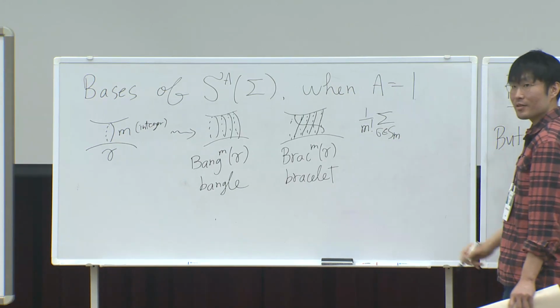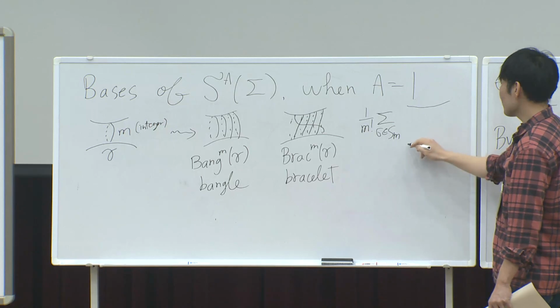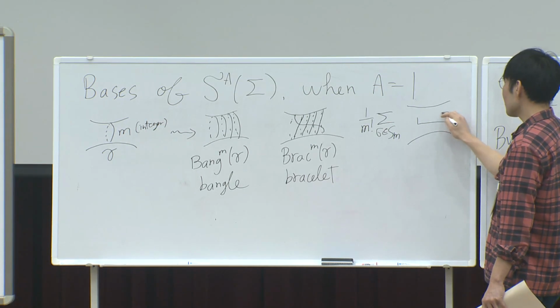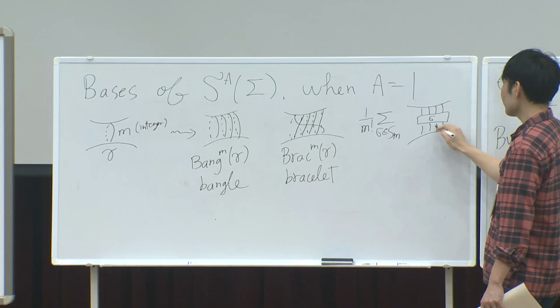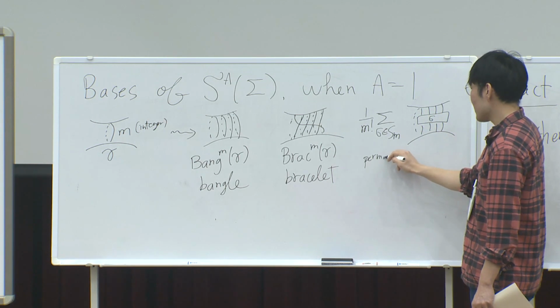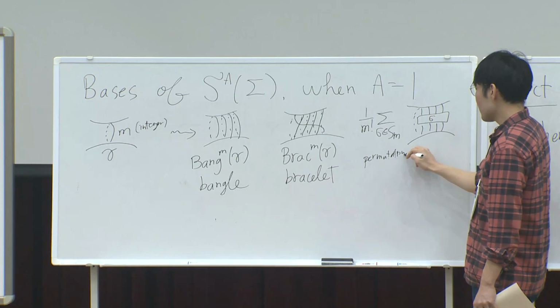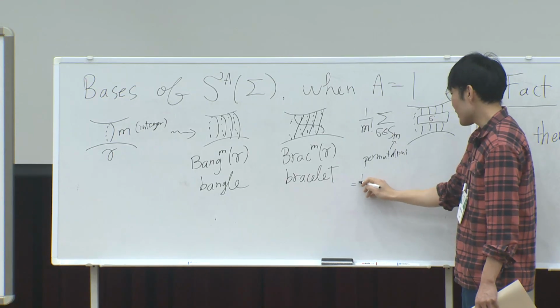So S_m is the permutation of m letters. And what you do is you put the permutation braid. So these are permutations. And for example, when m is 4, this will look like,